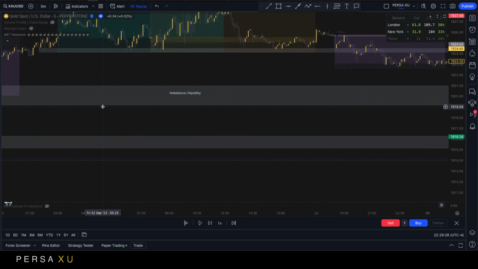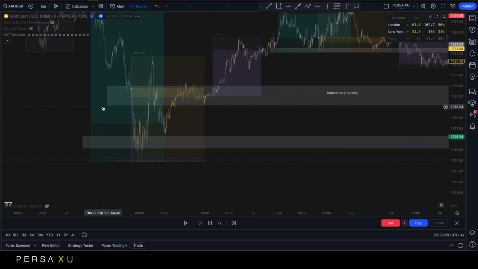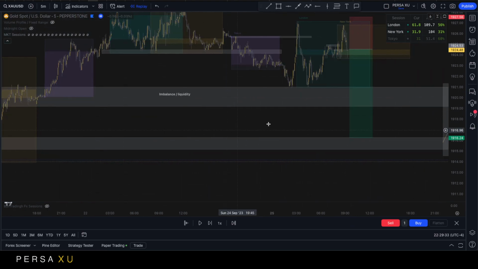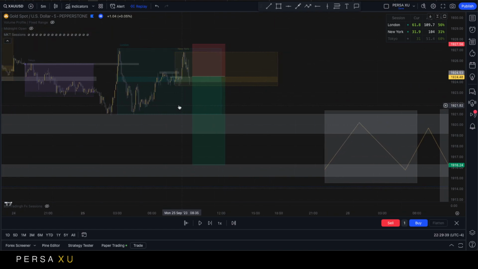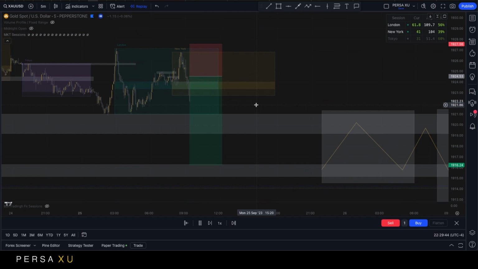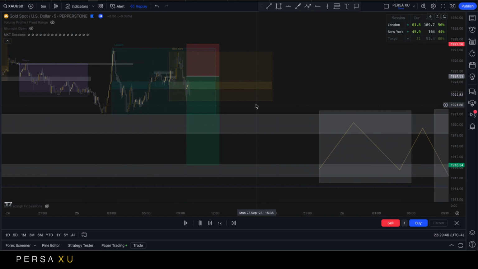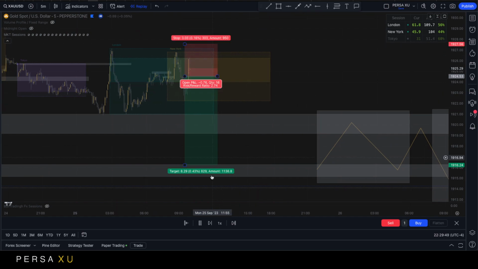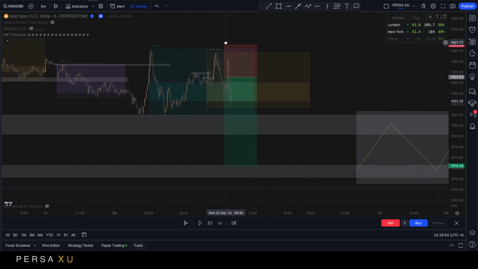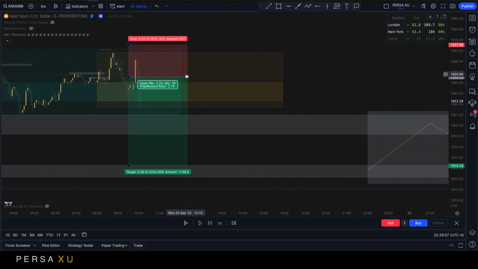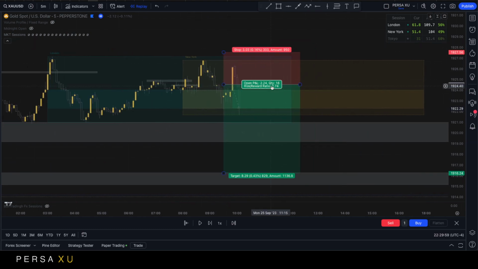If we go back, the thing is that we're in the 5 minutes, so I don't want to zoom too much out, but there it is. The support, there it is. Okay, so let's play. Okay, stop right there. What happened? Secondary retest, secondary liquidity grab movement, up, down, right away.